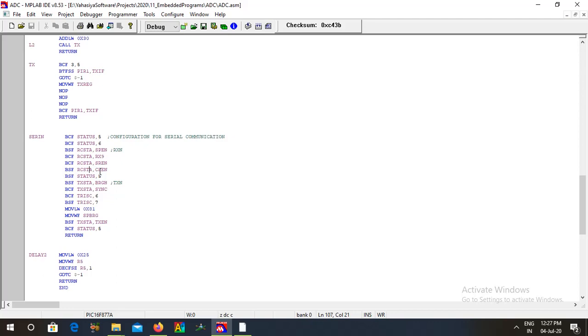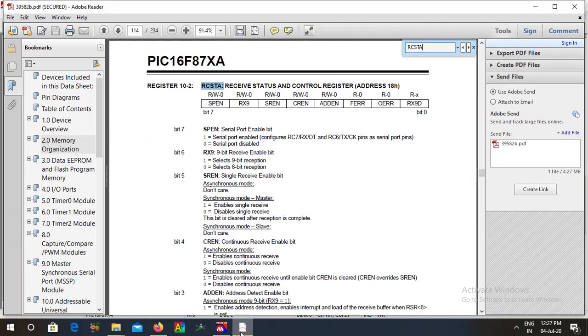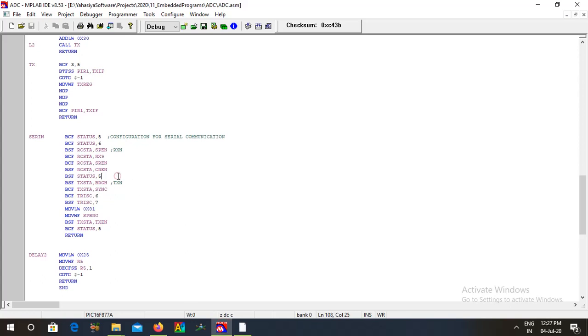we set the CREN. What is the use of CREN? In asynchronous mode, CREN means continuous receive enable bit. So if you set it to 1, it enables continuous reception. Then we set the 5th bit of the status register,